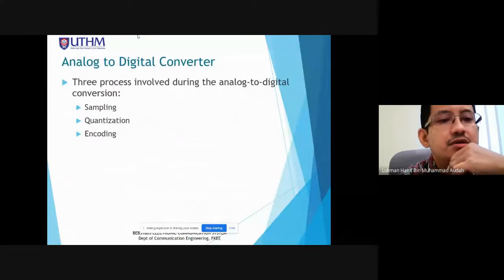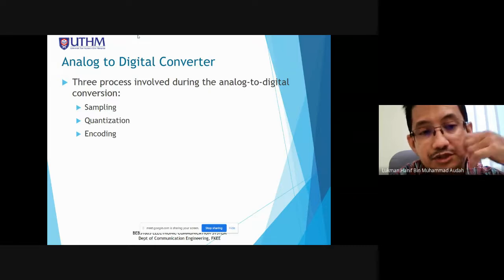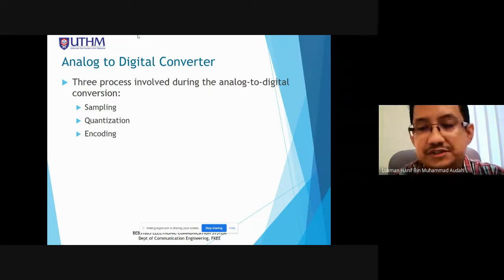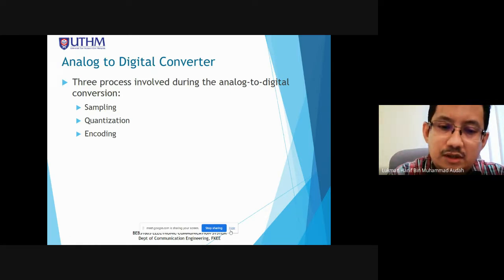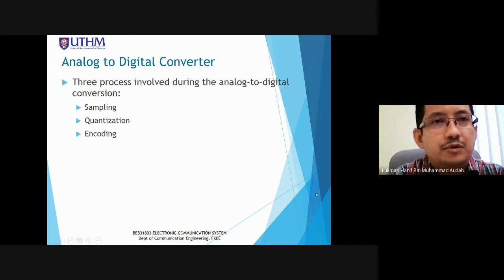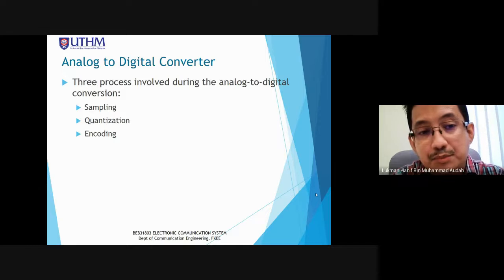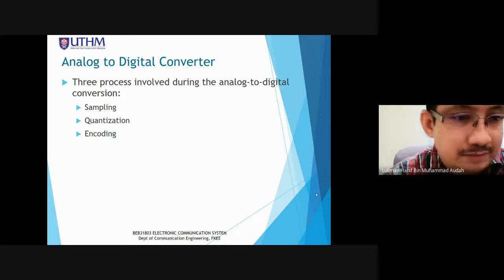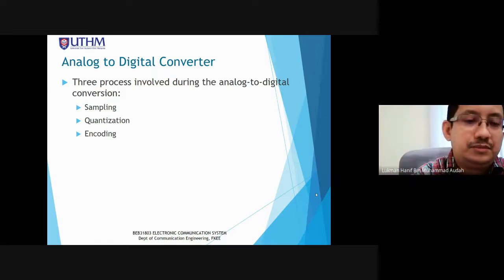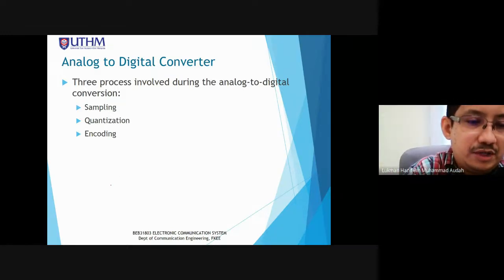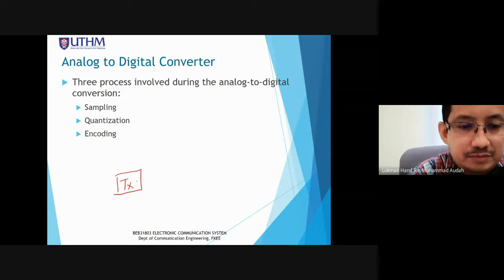In the digital system, we have some processes to convert the analog input into the digital output. In the transmitter, dalam transmitter,